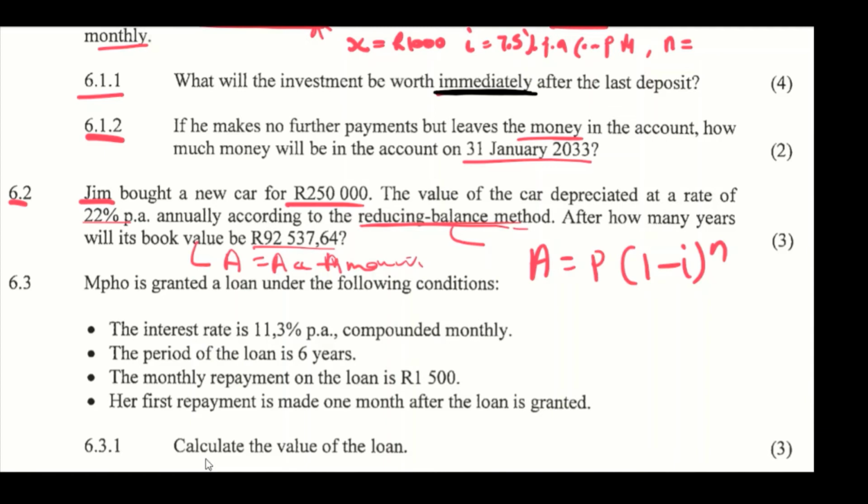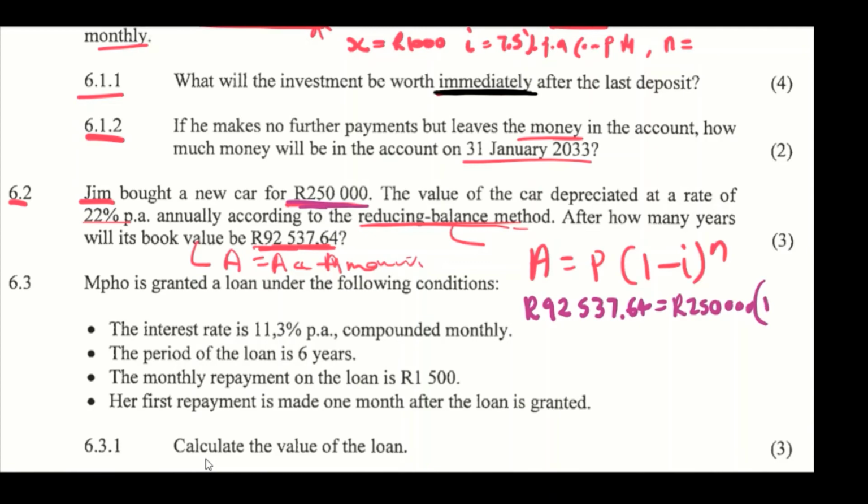So we're going to put the amount here, this book value. Oh sorry, made a mistake. So it's going to be, let me just use a different color. So it's going to be 92537.64 equals the amount of this car, which is